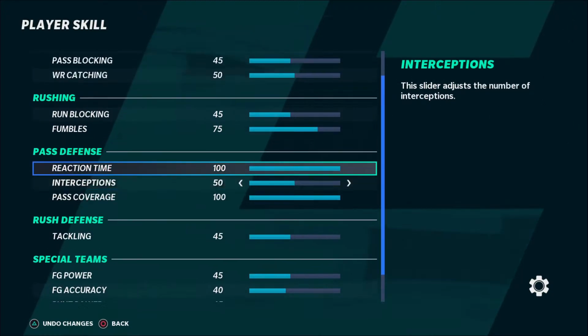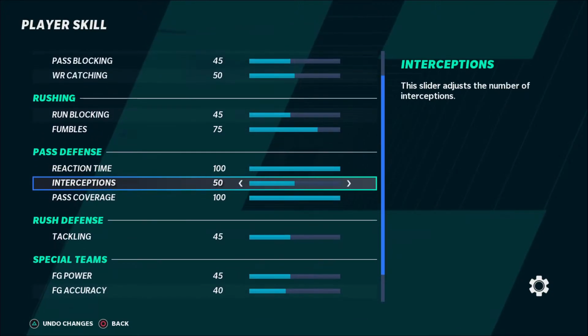Now we're going to come back to pass defense here. First, we're going to talk about the interception slider. It is widely known that if you increase the interception slider, you are going to pick off the ball more. Your defensive backs, when the ball hits their hands, they're going to come down with those interceptions more